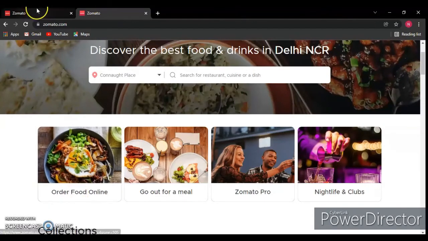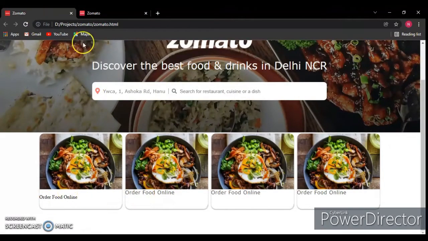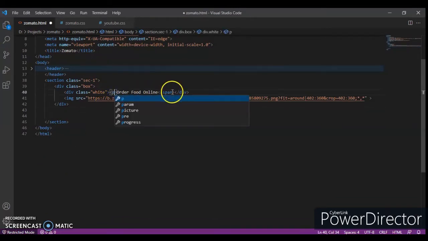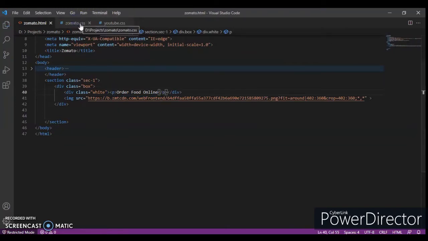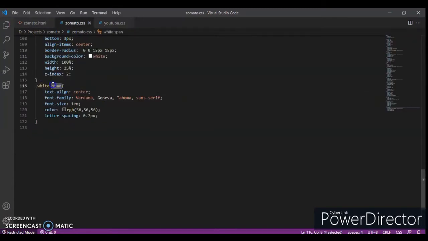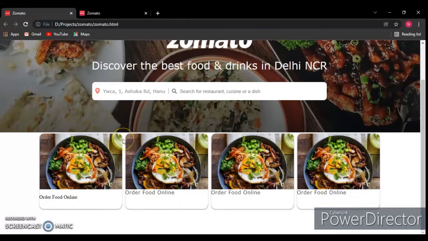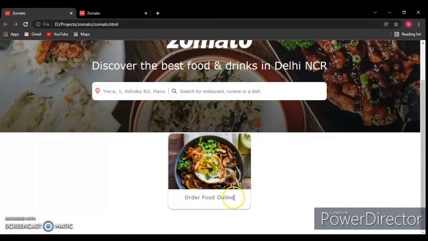The text isn't in the middle. It's just change this span to P. P and P. Control save. Come on, bottom. Change it to P. Control save. Now let's check it out. Control R. So this is in middle, and